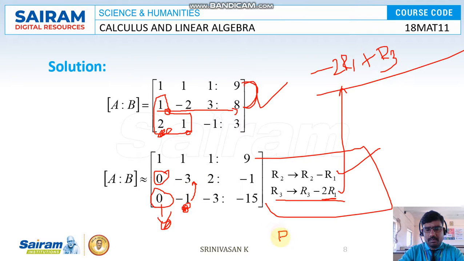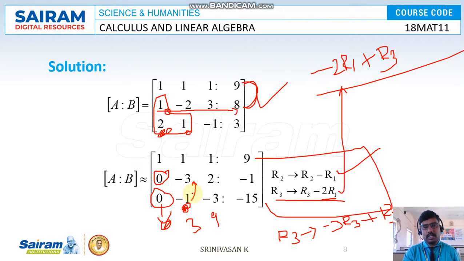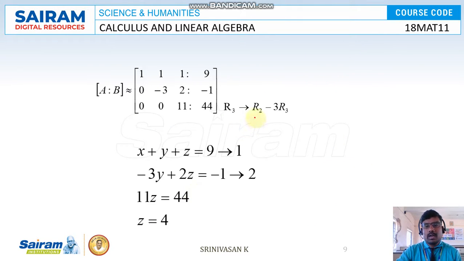So there are many more procedures. In R3, I multiply minus 3 into R3 and add R2. Why do I multiply minus 3 into R3? If you multiply, this becomes plus 3, this becomes 9, and like this. So if you add this, we get 0. You can also divide by 3, that is also correct, but don't take a risk. You can choose the simple way. So R2 becomes minus 3 R3 plus R2. If you add, you get this matrix.